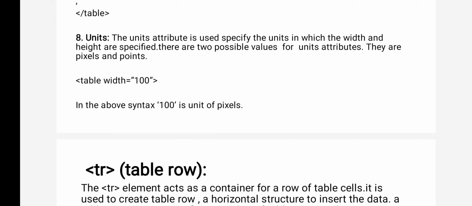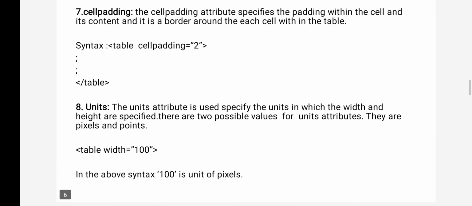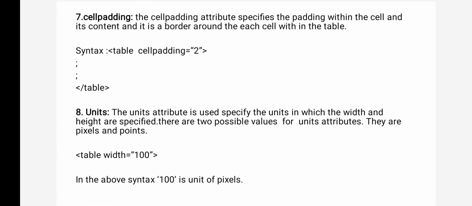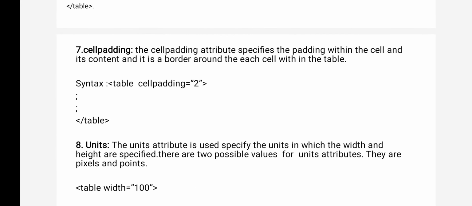Similarly, here only a few attributes I have given, width I have given. Same you can use for height also. Table height is calculated again based on the browser window height. Example, browser window height is 100%. Then if you want to use a 50% height of the browser window, you can use the height attribute. And if you want to use a 50% width of the browser window, you can use the width attribute. Border you can give, border color you can give. You have a number of attributes. Here only a few attributes I have given.